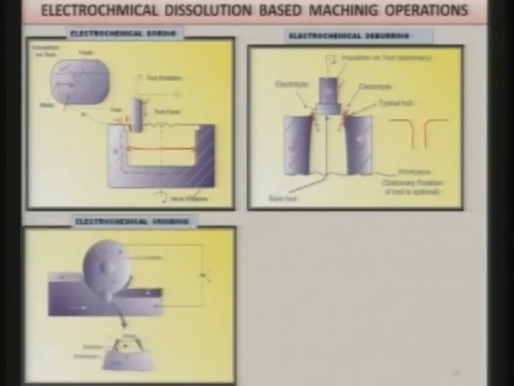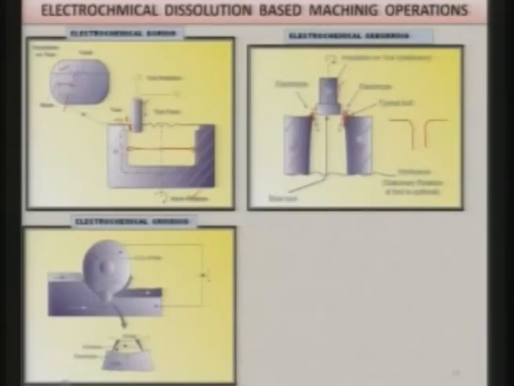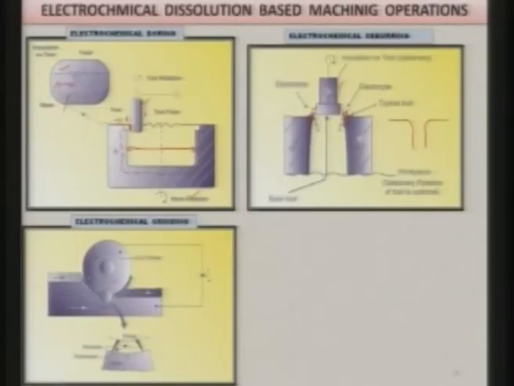Now, here is another one, electrochemical grinding. Let us see another very important operation, that is electrochemical grinding. Now, in this electrochemical grinding process, as I mentioned few minutes back, we are using two processes, grinding plus electrochemical machining. As you can see here, three zones are shown: zone 1, zone 2 and zone 3. In zone 1 and zone 3,